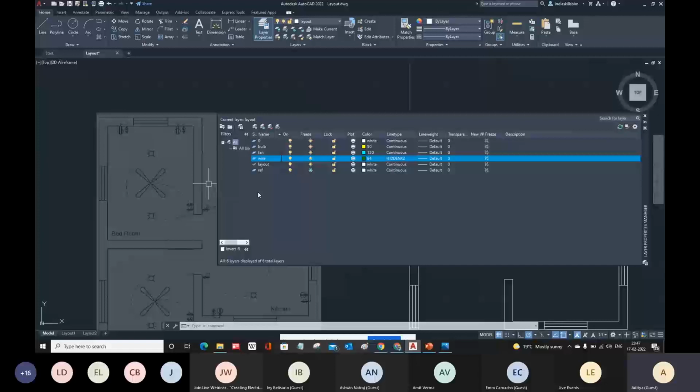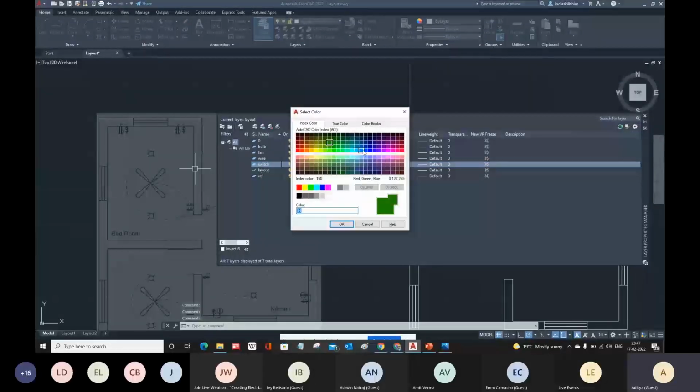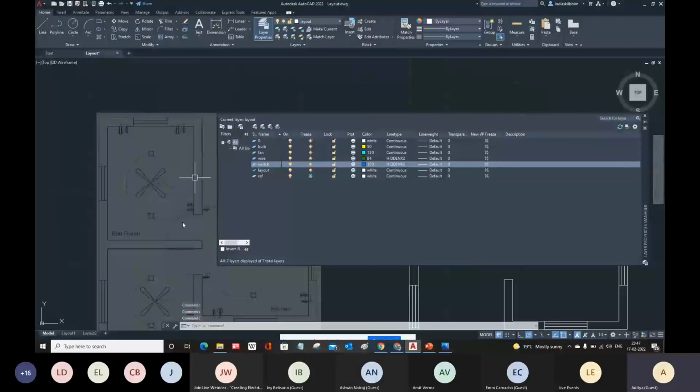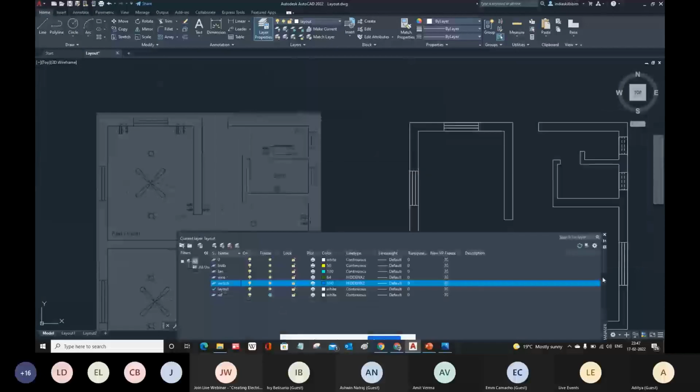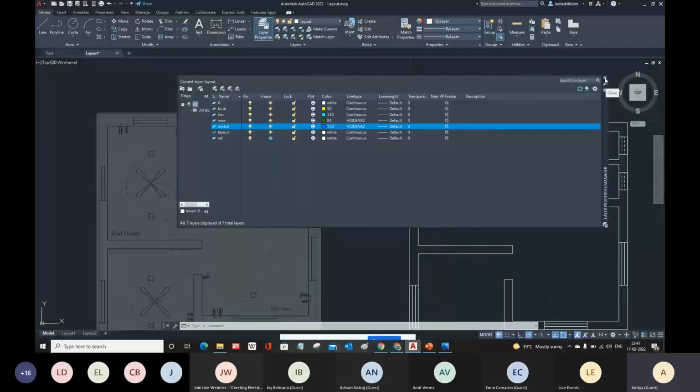And after that, we have these switches here, right? So again, I can get another layer, and let's make it a switch. And then for switch, I want to specify a different color, this one, something like sky blue. Okay. And line type, let it be. I don't want to specify any other line type. So these are the required layers for me. Let me check. Yeah. These layers are enough for me. Now I can close it. And after closing it, let us start drawing.